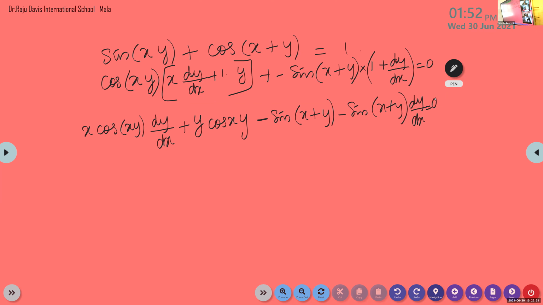So what is the next step? What is the next step, children? Tell me. How will you do the next step? Yes, Michael, what is the next step, Michael? After differentiating, what is the next step? What will be the next step? I'm not sure. Why? What we did in the previous question. After differentiating, what did we do? Why are you not sure, Michael?